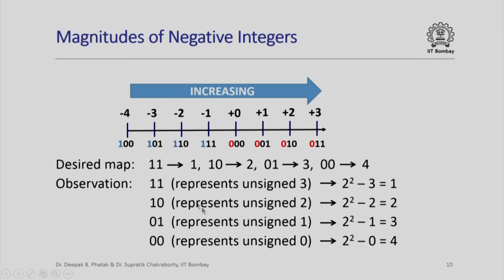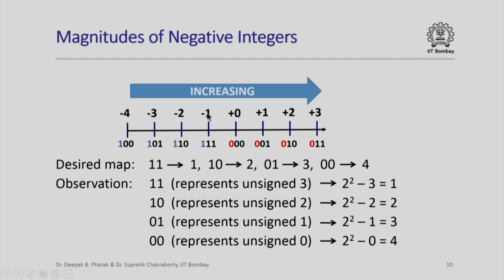Similarly 0 1 as an unsigned integer represents 1, we want it to represent 3, so it can be thought of as 4 minus 1, which is 3, and similarly 0 0 as an unsigned integer represents 0, we want it to represent 4, so it can be thought of as 4 minus 0, which is 4. So this basically tells us that